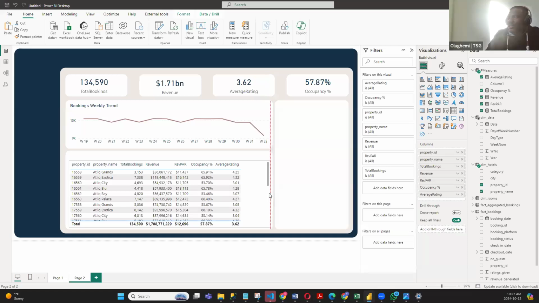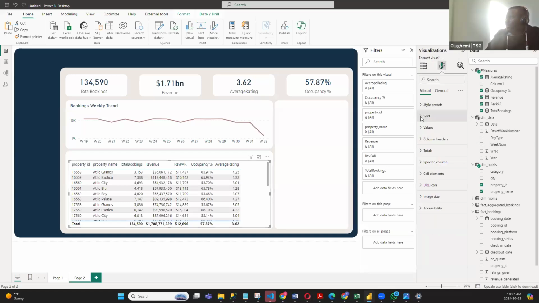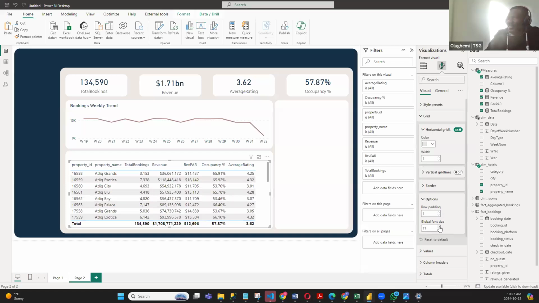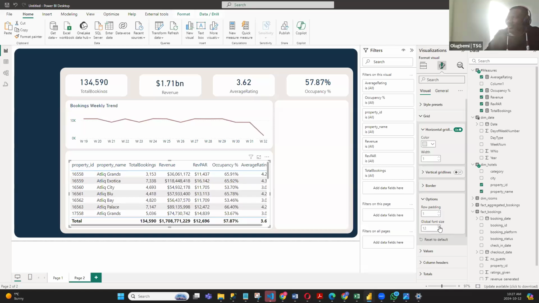Let me see. How many metrics did I calculate? I've included all the metrics. So let me increase the size. If I want to increase the size, if you click on grid, under these options, right? You can increase the font size. Let's see if it's too much. Okay, I think